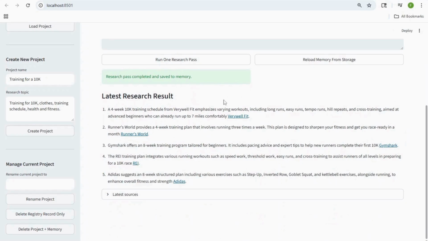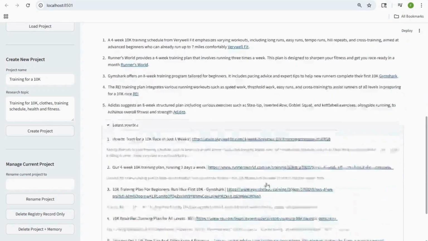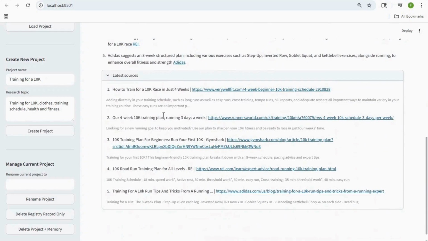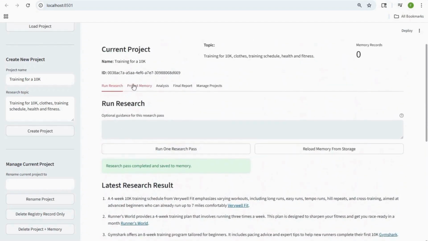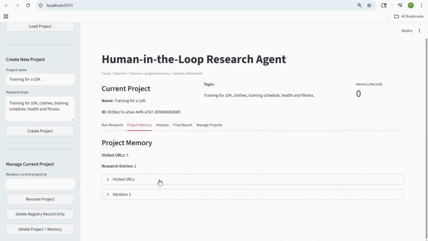The agent retrieves information, generates responses, and obtains feedback, if I need to refine a search or accept a search, with a human in the loop, and it stores the research insights for later retrieval.